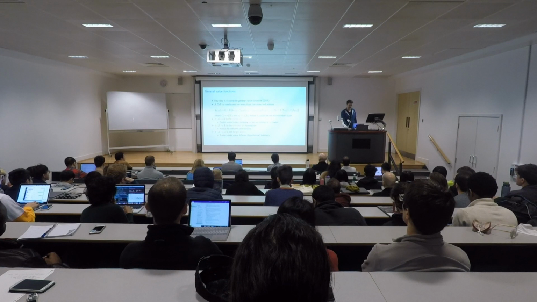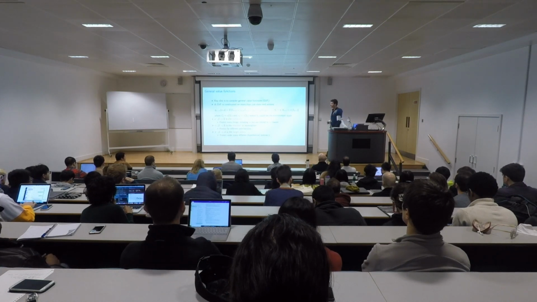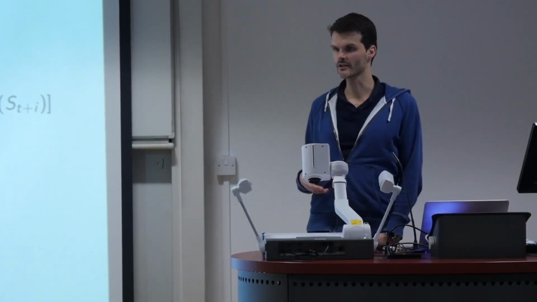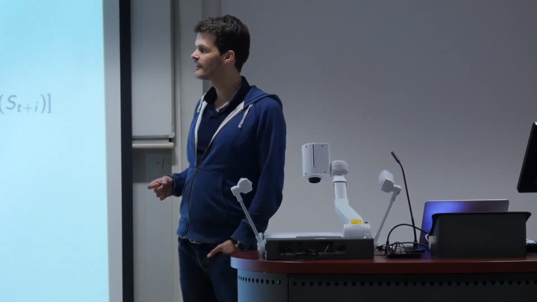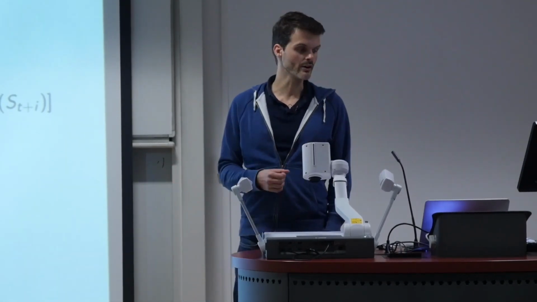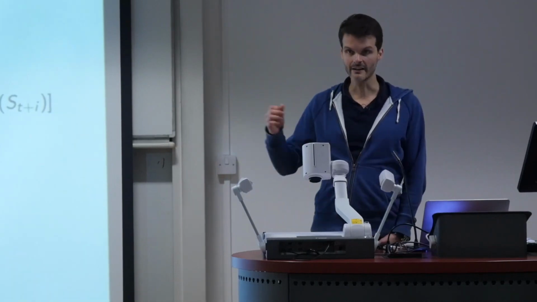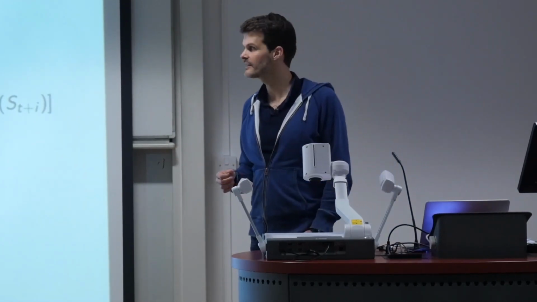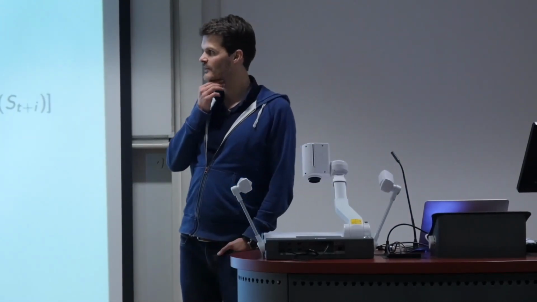So what are we then predicting? Well, the key idea is basically something that is called a general value function. So we've discussed value functions a lot, but we've basically only been talking about value functions over rewards. The idea is that a general value function is something that is conditioned on more than just the state and action, and implicitly on the reward and the discount factor. Now we're going to be explicit about that.